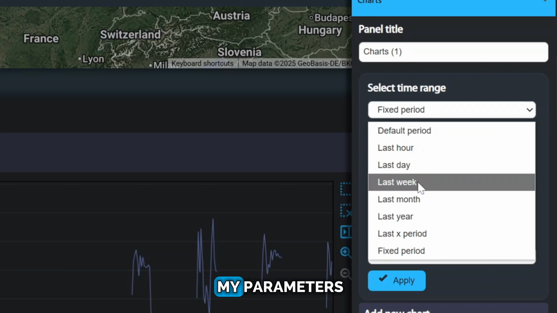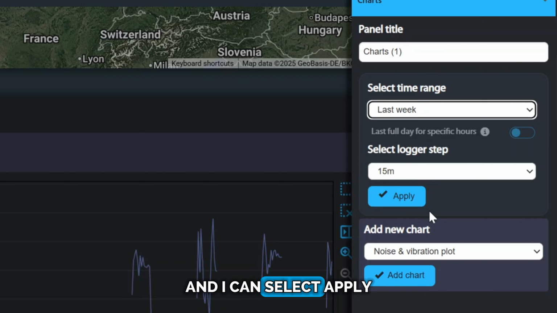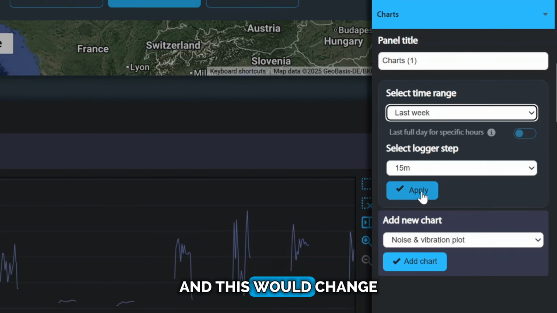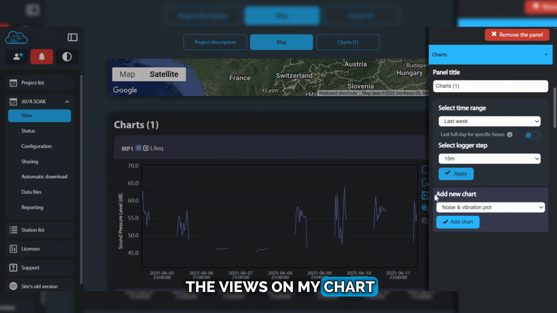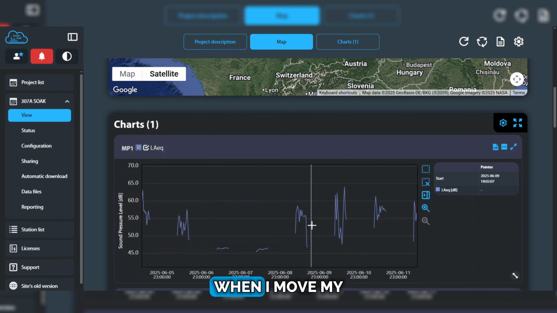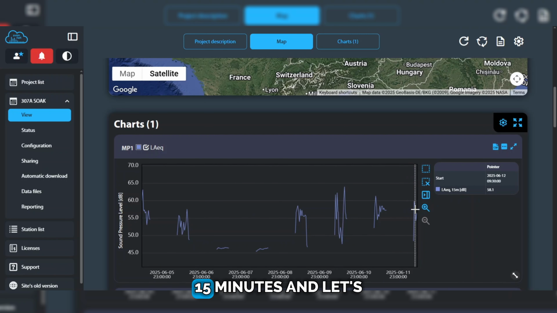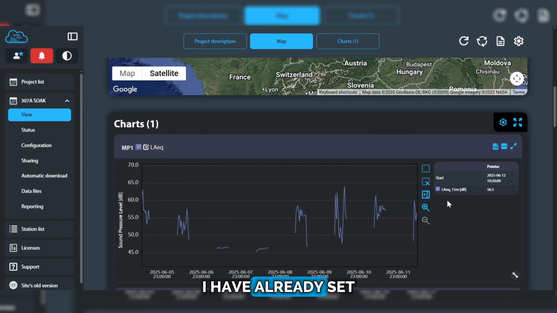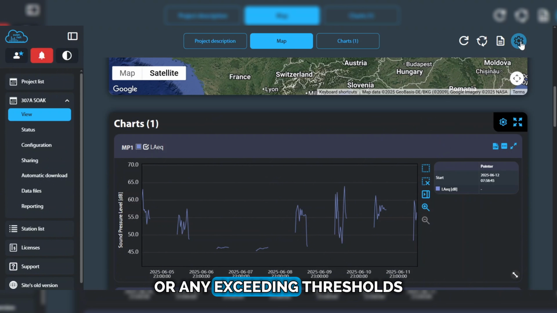Once I have selected my parameters, I can select apply, and this would change the views on my chart, and it will then display my results in LAeq 15 minutes. As you can see, when I move my cursor on the right hand side, it will tell me LAeq 15 minutes. And let's say, for example, I have already set up audio events or alerts or any exceeding thresholds,